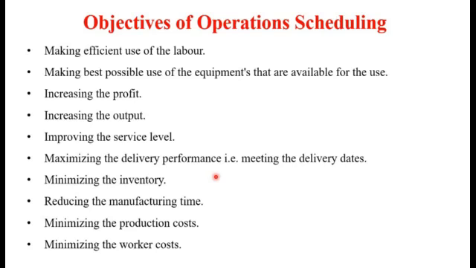Increasing the profit, increasing the output. Again, improving the service levels: to improve the service level, operations scheduling helps, and this is again one of the objectives of operations scheduling. And maximizing the delivery performance, that is meeting the delivery dates. Minimizing inventory: operations scheduling helps in inventory control as well as reducing the